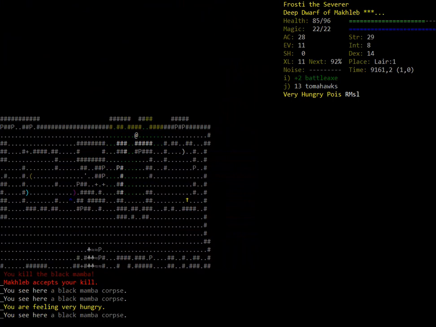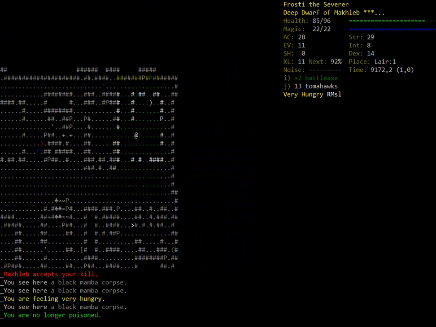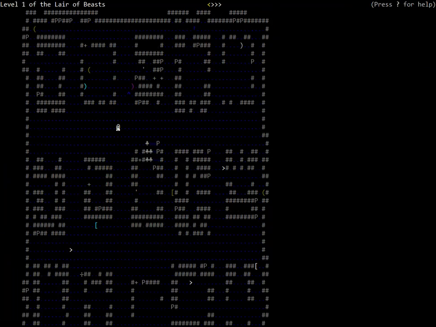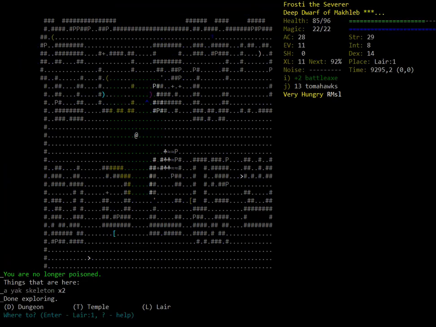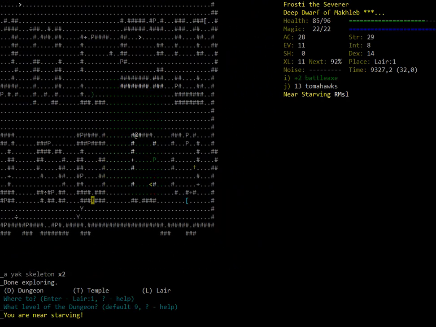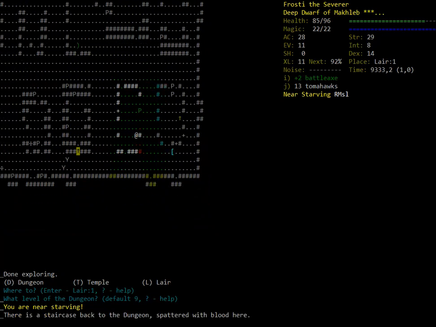Why are these poisonous snakes not edible? Technically that shouldn't be a thing. Okay, done exploring. I'm also very hungry. Chances are I'm going to come across something edible though, so... Okay. Let's just go to the nearest stairs. L, 2, whoops. You're starving, yeah. But I'm not starving yet, and if I do begin starving...